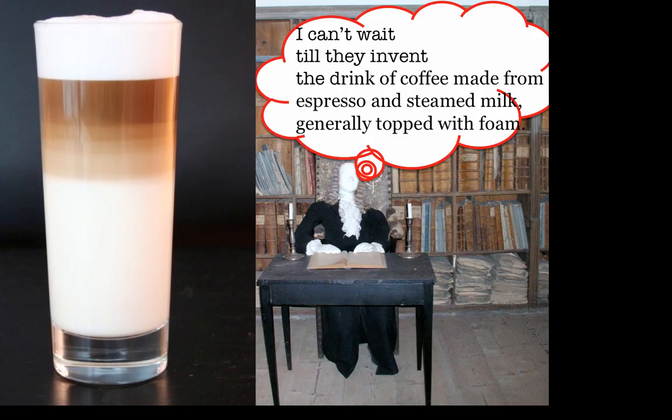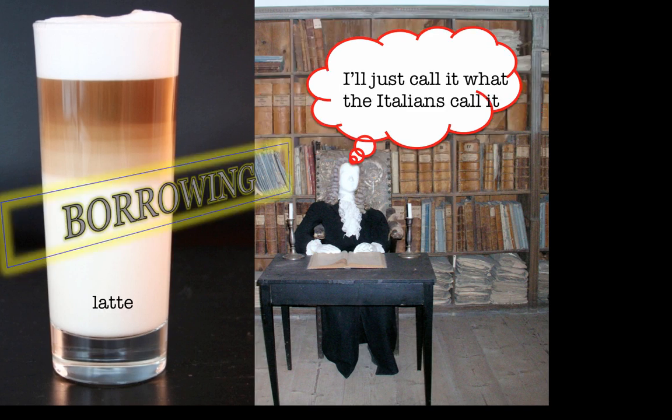There are many borrowings, like, for example, this one from Italian. Right, it's a latte. It's still somehow marked as a borrowing because it doesn't undergo some of the regular phonological rules of North American English. So, for example, we don't flap the T here. We don't say, "Could I have a latte, please?"